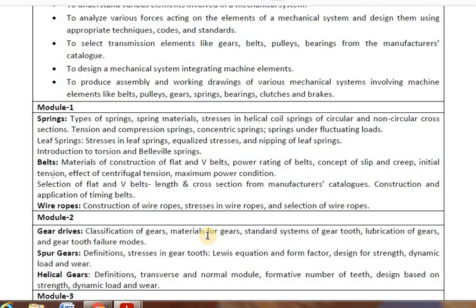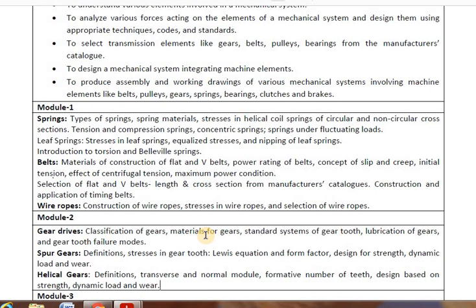Motor power is transmitted to the machine, where the machine does some work. Take a simple example of a flour mill: there is a motor connected to the flour mill by means of a V belt, and there are pulleys. So you get that particular application. Like that you find many applications of belts.